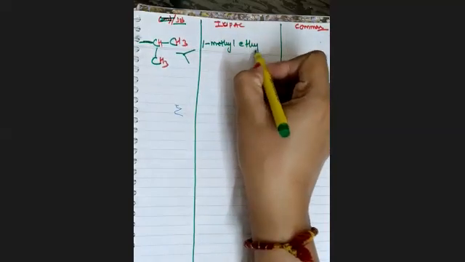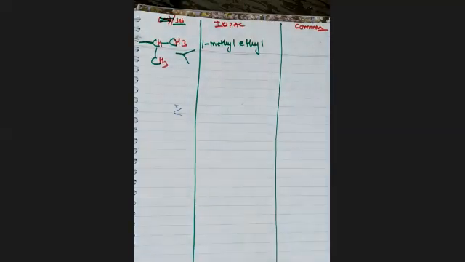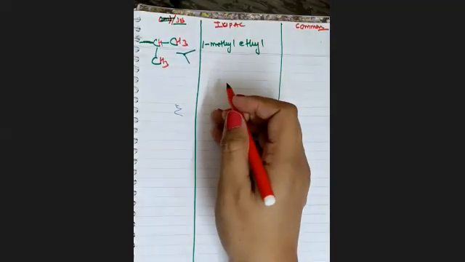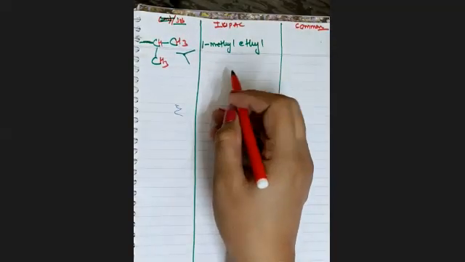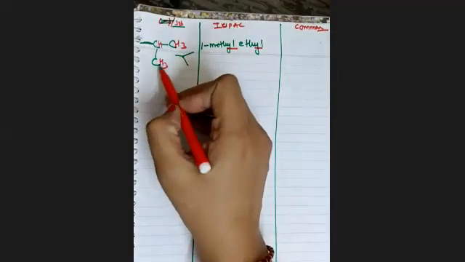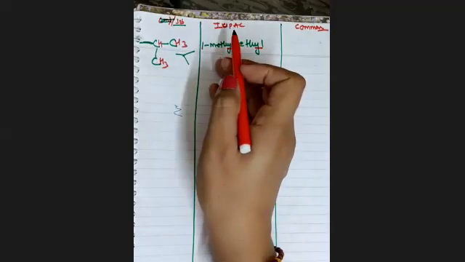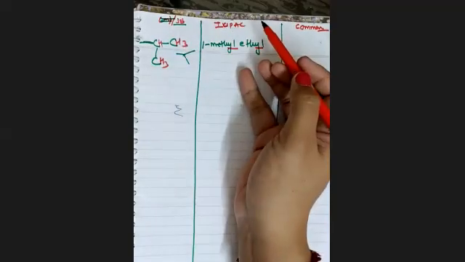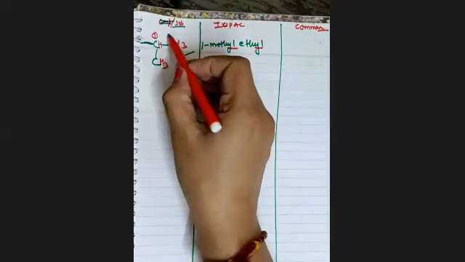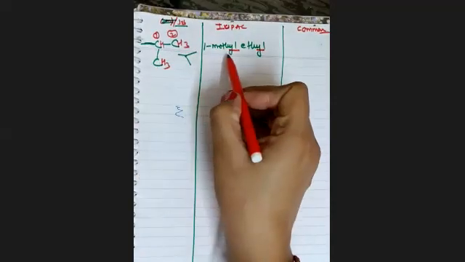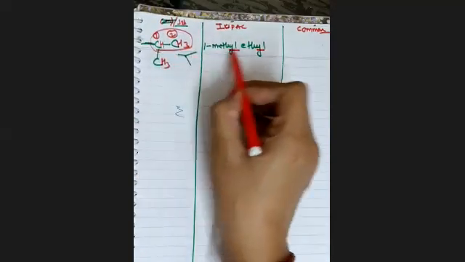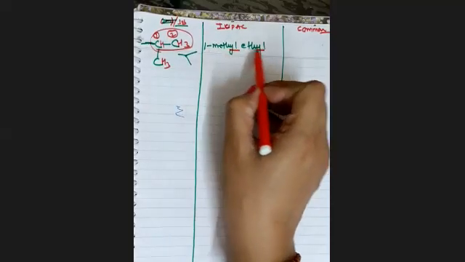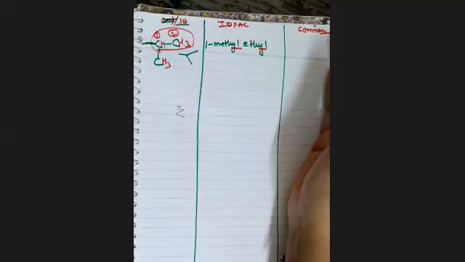ethyl. Remember this thing. Whenever you have a chain or any substituent attached with the main root carbon chain, what will you write, and after that you will write yl. So as you can see, for this we need to find out the longest chain. So 1 2, 1 2, both the chains are equal. So let me take 1 and 2. On the first carbon we have a methyl group, and entirely this substituent is known as ethyl. So this will be 1-methyl ethyl, and after that we'll go to the main chain.